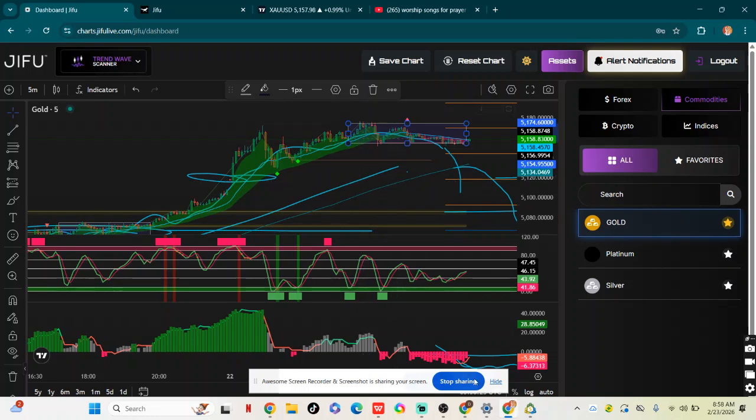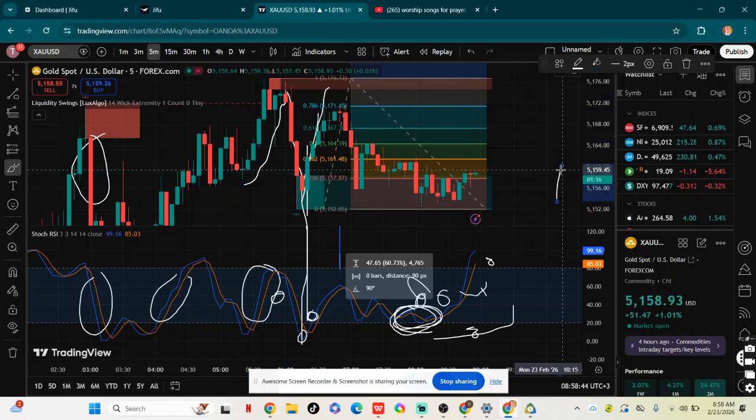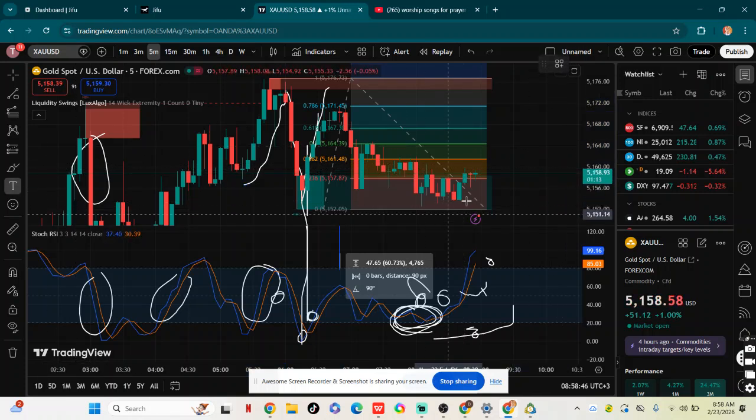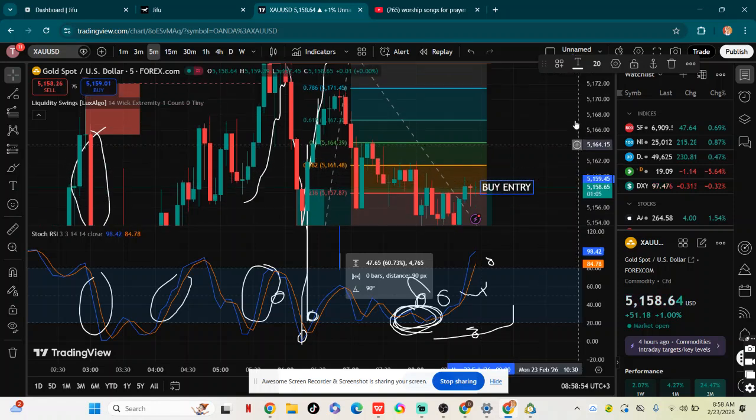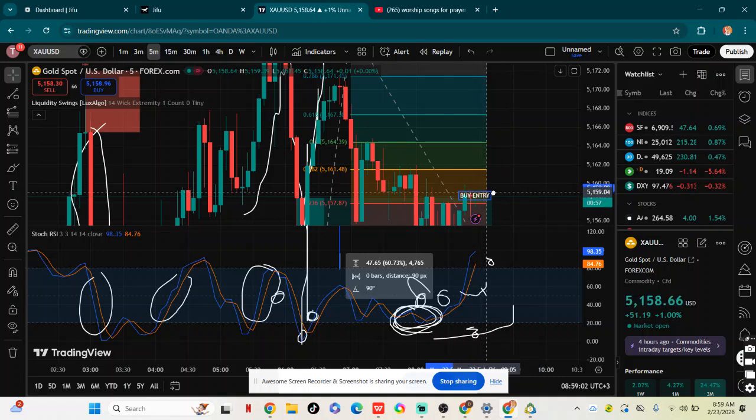Try the RSI indicator, then observe if it will work with the strategy that I've always taught you guys. As you can see, look at where the market is rejecting at our entry. This is our entry point. For the guys who are in my group who are already trading, let me give a signal right now. This is the buy entry. You can buy now. This is 5 minutes because the market is not looking so good. If this is my buy entry at this level,